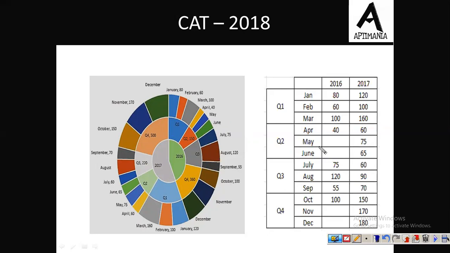Now we were given that these 3 months form an AP and the total of Q2 is given as 150. So the total of these 3 months must be equal to 150 in the 2016 year, out of which April is 40 and the sum of the remaining 2 must be equal to 110. And these 3 are in AP, so using this very basic concept, we can safely assume the values to be 50 and 60. So the value in May must be 50 and that in June must be 60.